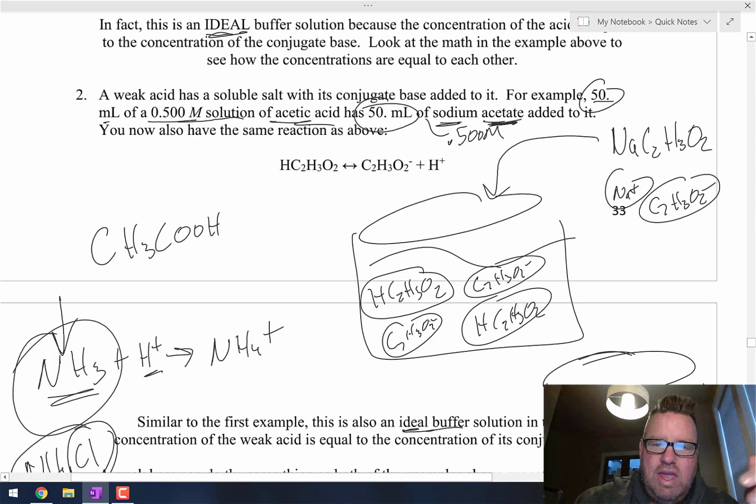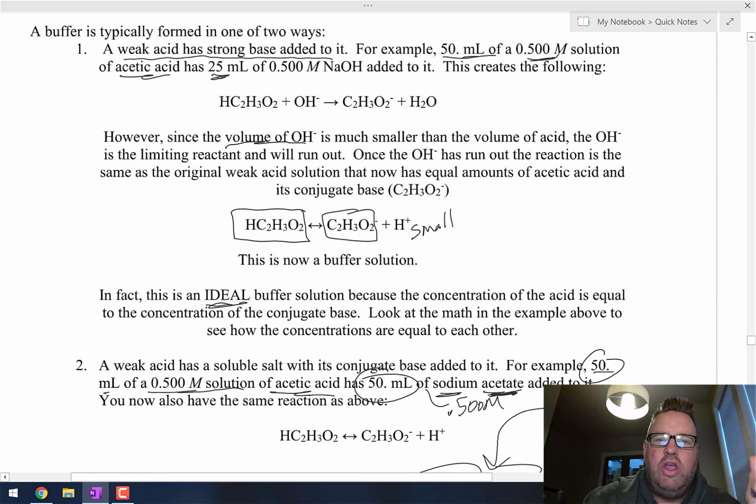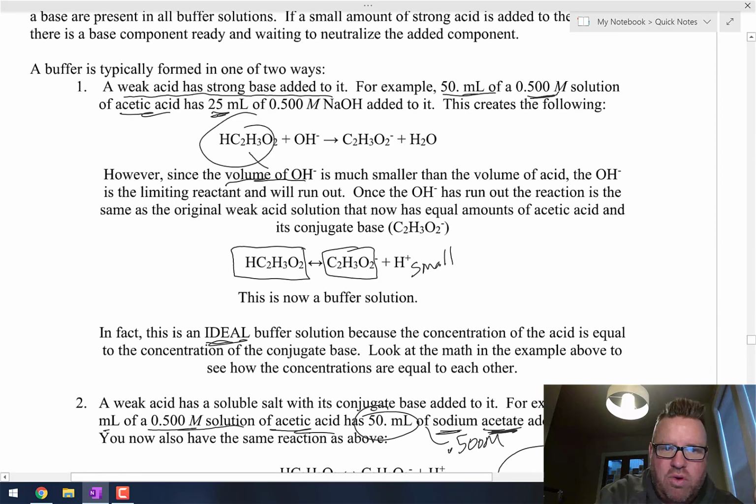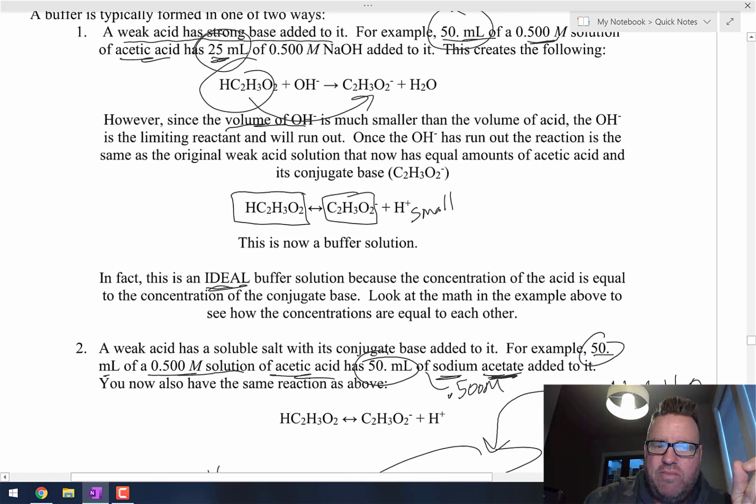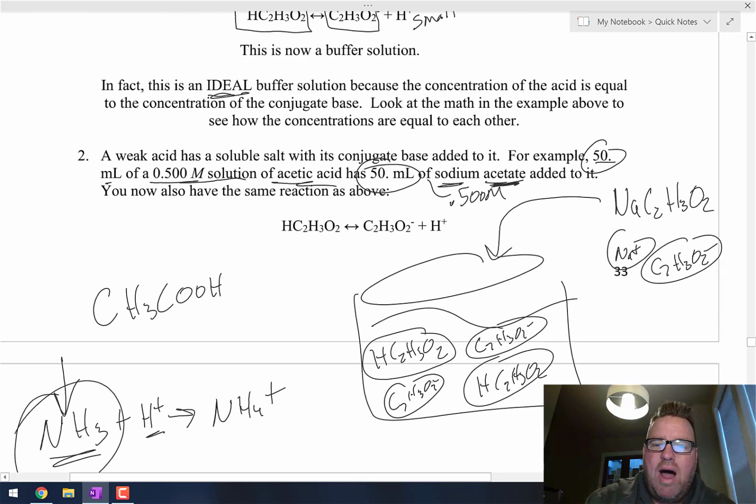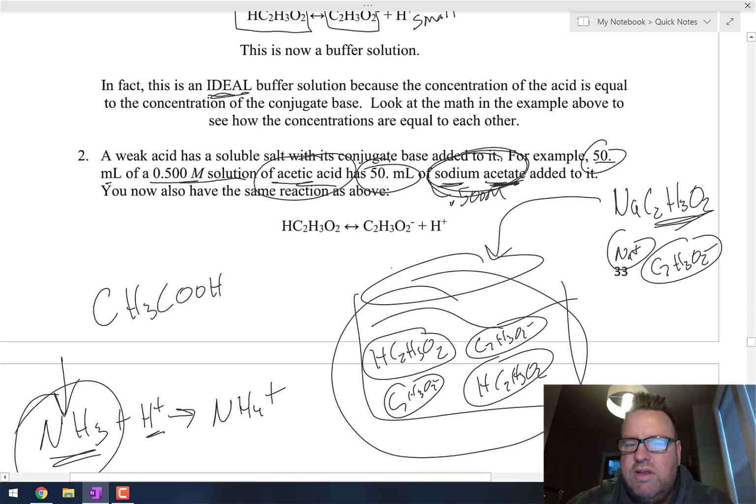Okay, the key to forming that buffer solution is when you're going to react the acid to form the conjugate base, you have to only use half that same amount, or half the number of moles, so that you still have some acid left over. Okay, when you're going to just take some weak acid and then add something that already has the conjugate base in it, then notice you add the same amount of moles to both. Okay, same volume, same concentration